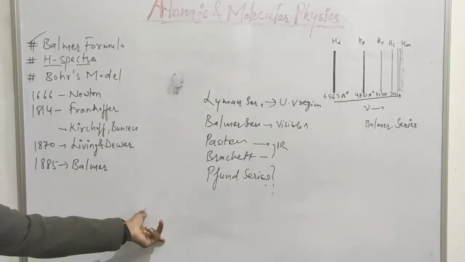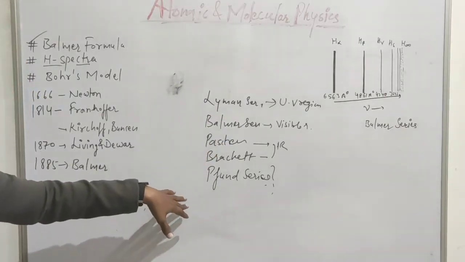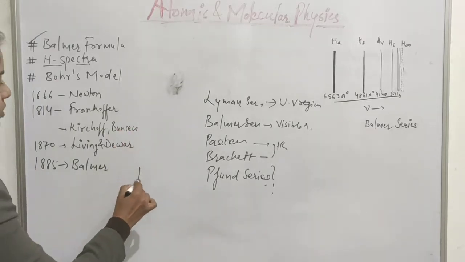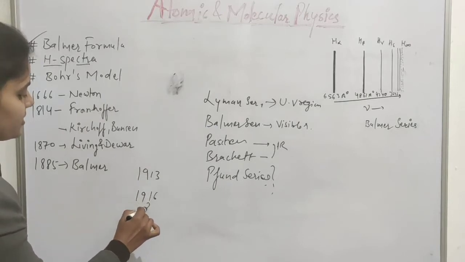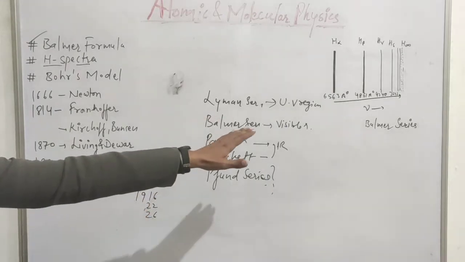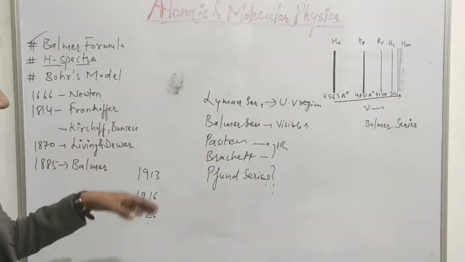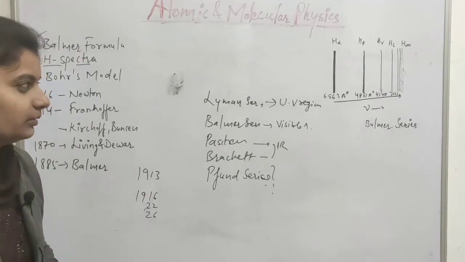First, Balmer gave only one formula, for the Balmer series. The Lyman, Paschen and Brackett series were discovered later, after Bohr's model in 1913. These series were discovered in 1906, 1908, 1922 and 1924 and so on. So at that time only one series was known, the Balmer series in the visible region. Nowadays we are familiar with all these series of the hydrogen atom.